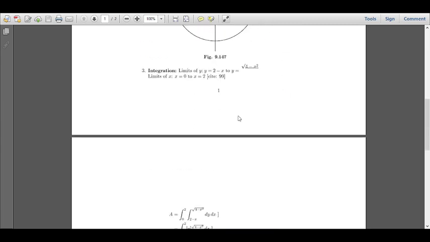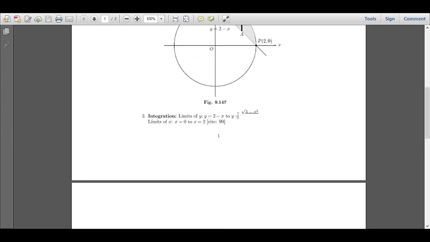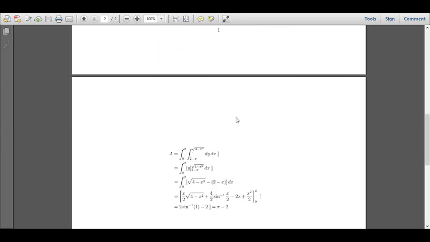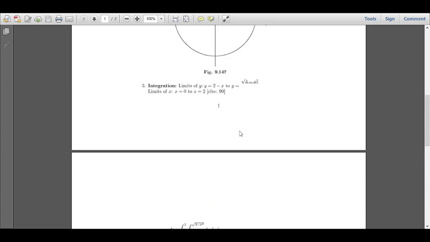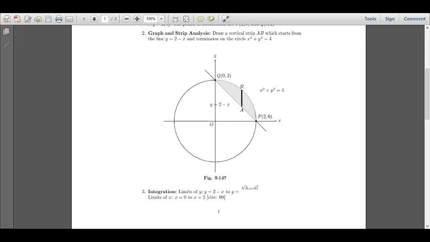Now the area formula is double integral dy dx. Since first we are integrating with respect to y, I am taking the vertical strip. This is the region of integration, because this is the area, the region common to both circle and straight line. And how to find the y limits? Draw the vertical strip through the region and identify where this strip enters the region and where this strip leaves the region. It enters at y equal to 2 minus x, the straight line, and leaves at